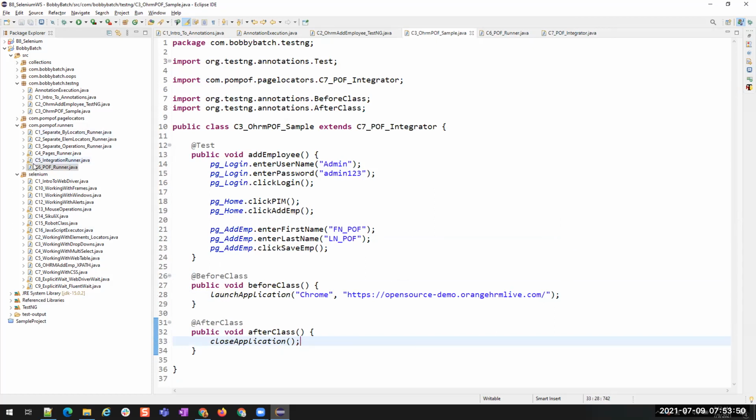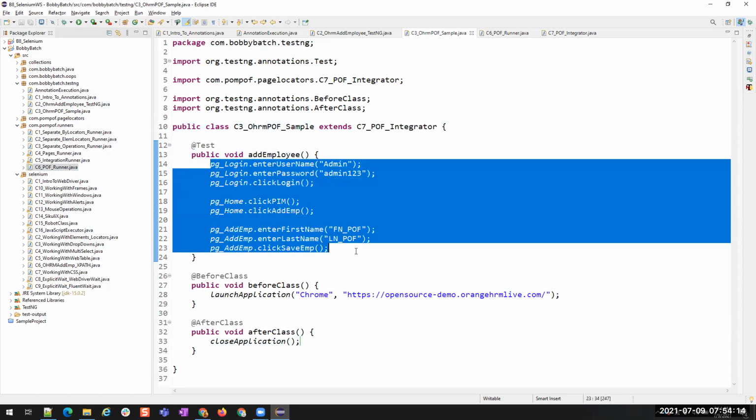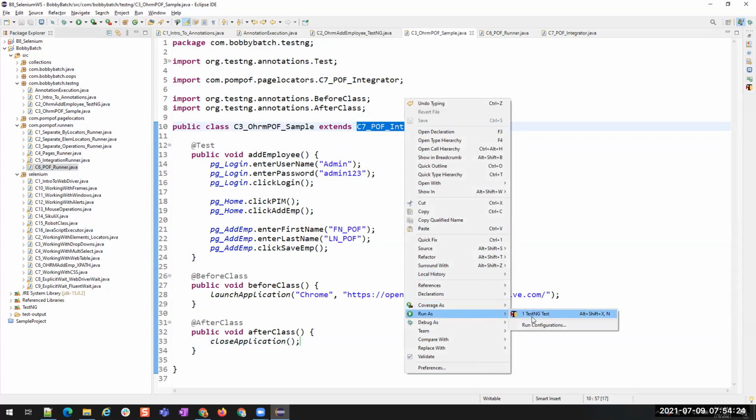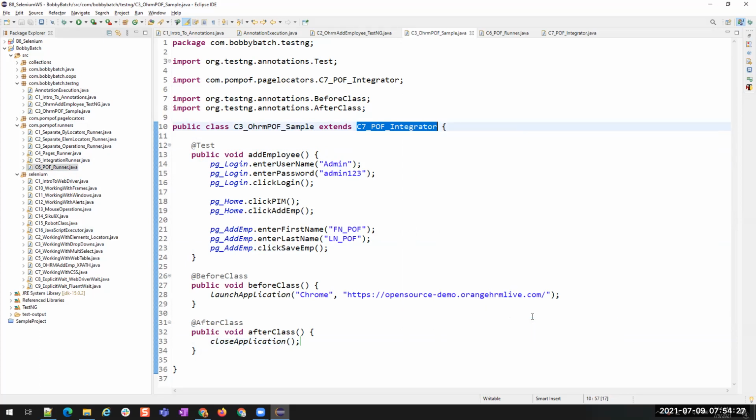Since we already have the foundations of the page object model and page factory model, you have all the classes inside the page locators and runners. We also have the integration class. So I use extends, sorry, what is that? Yeah, the inheritance concept. We have used the inheritance concept and got all the features of this integration class into this class, so that I'm able to use all the methods of these classes. Right now we have everything here. Now if I run, you observe it. Run as TestNG test.